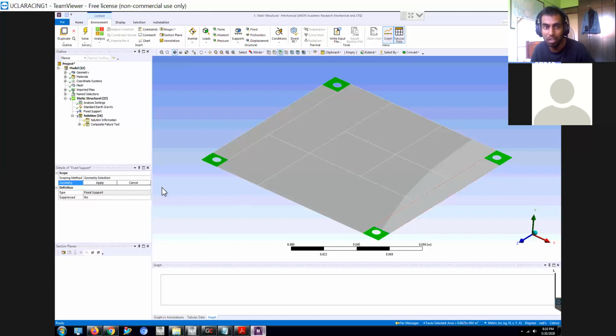I click Apply, and then it'll automatically turn purple, blue, whatever. And that's basically a fixed support. So with FEA, you need to always remember to put your fixed support. These are known as your boundary conditions, which basically means that in order for FEA to solve itself, it needs to know that there is a node